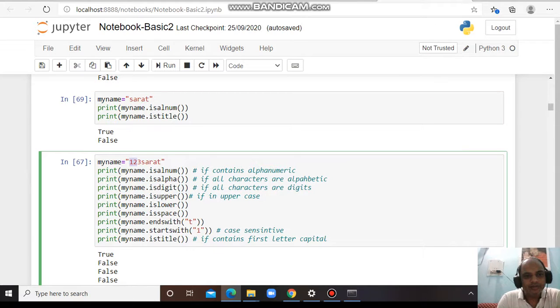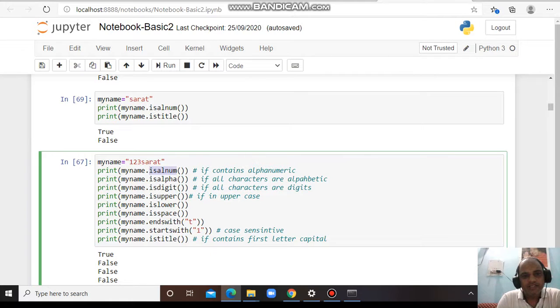Is alpha is an inbuilt function. Is this a pure alphabet? No, this is not a pure alphabet. If all characters are alphabetic, then this will return true. If it contains some alphanumeric, then is alphanumeric returns true.